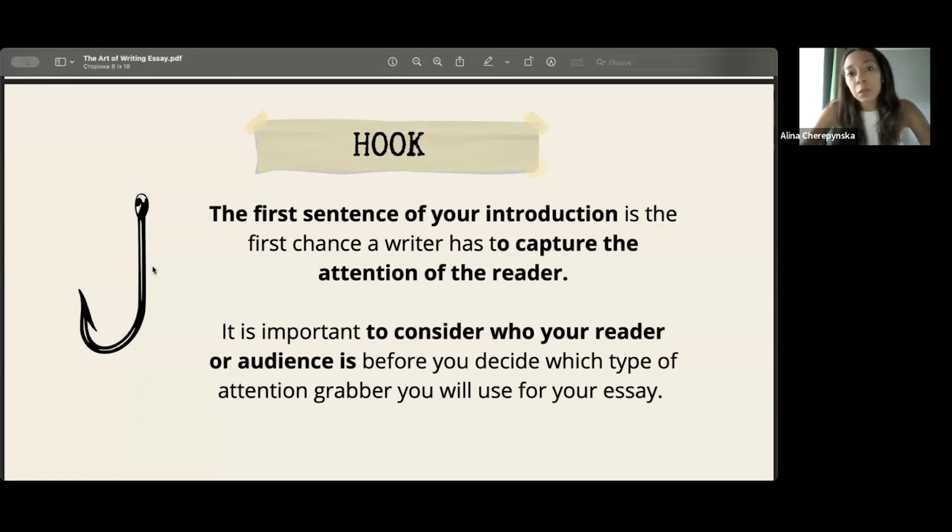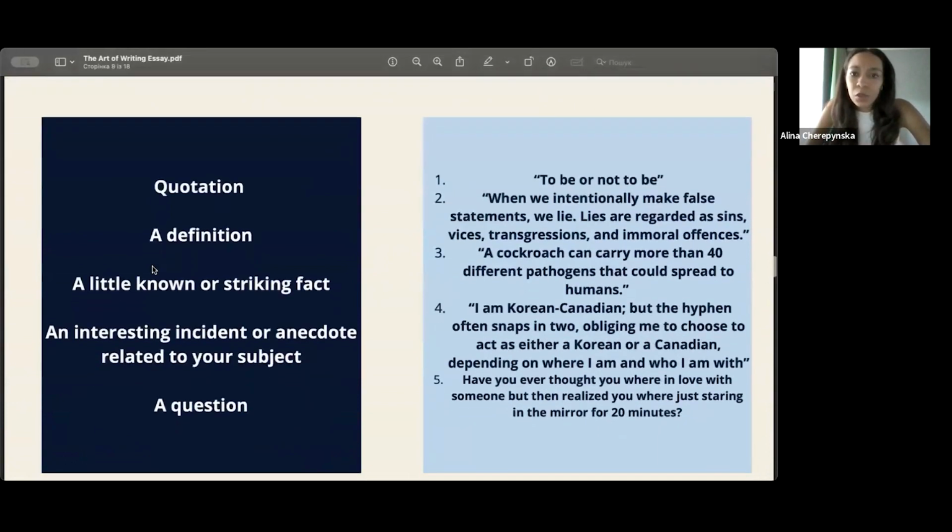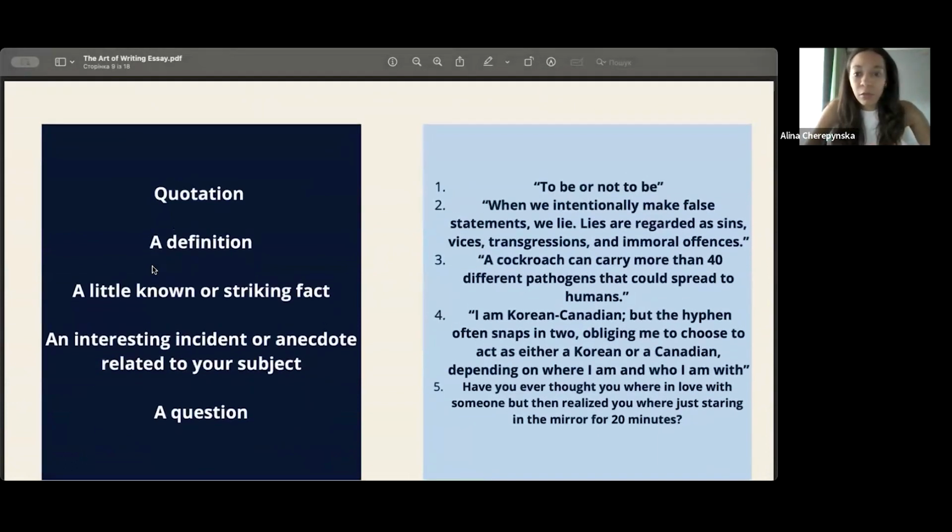You need to think about people who will read your text. What is more important, writing is not only about you as an author, but it's also about people who will read your masterpiece. That is why, of course, you need to think about your audience. If we're speaking about the most popular types of hook, and I'm sure that you use some of them or you have seen some of them in books,